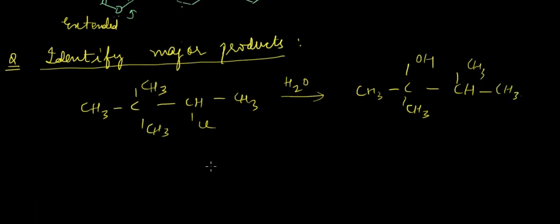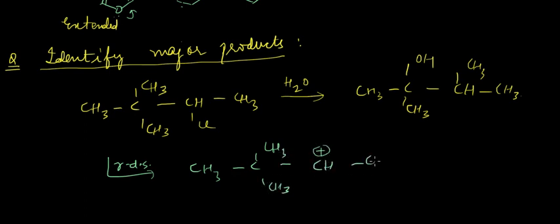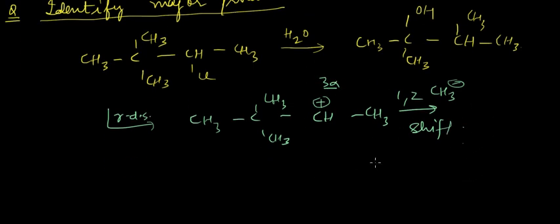If you look closely, the carbocation formation in the first step, or the RDS, would be something like this. Then I hope you remember the 1,2-CH3 shift, because the number of alpha hydrogens here is only 3, and if you actually shift it, the number of alpha hydrogens will be